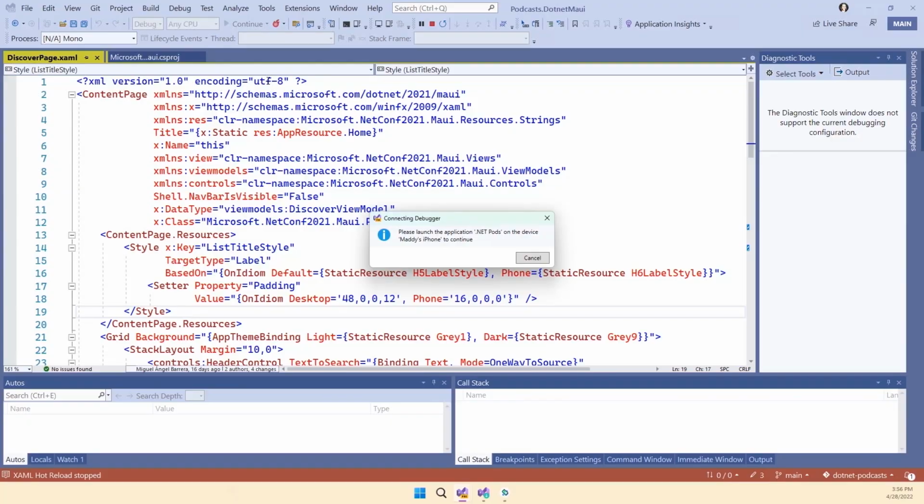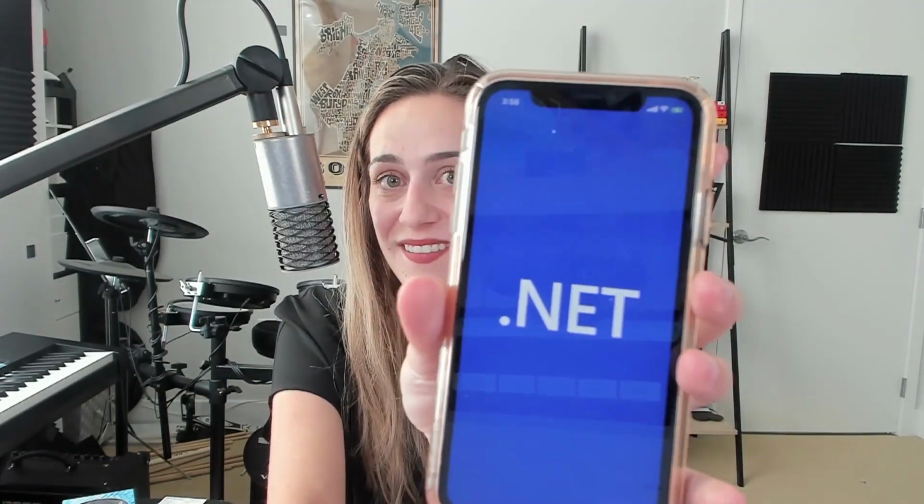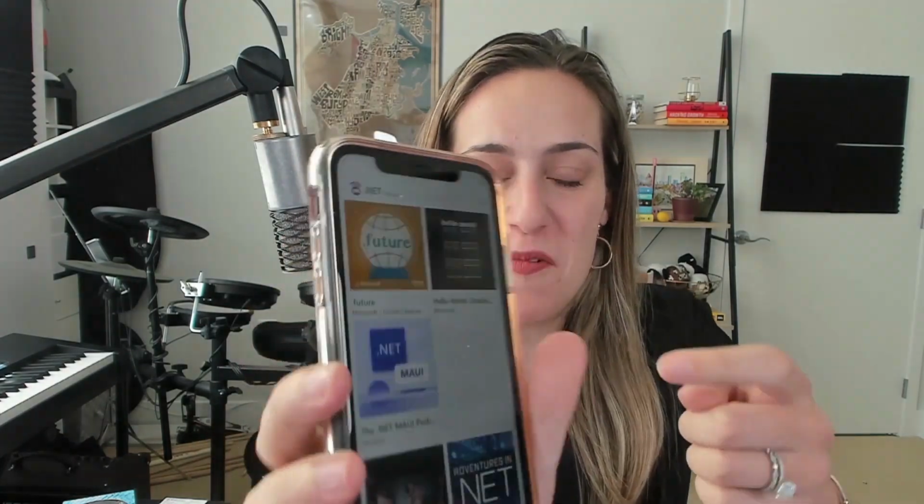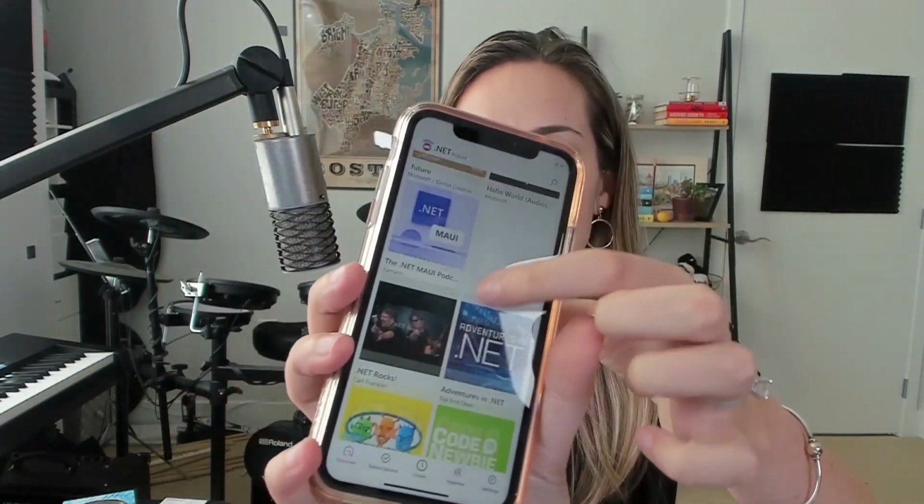Great. I'm going to click on it. Same launch screen, if you can see that. Very exciting. Give it a second to load. Yay! There's my podcast app. It's the same one. And I can scroll around. I know it's hard to see it. I'm sorry. I can click in to the .NET MAUI podcast, see all the different episodes there are, and scroll